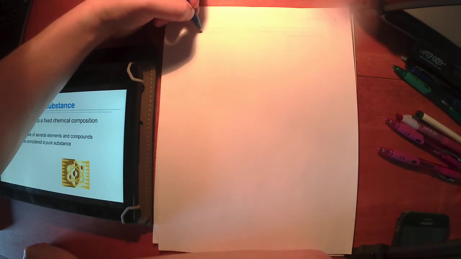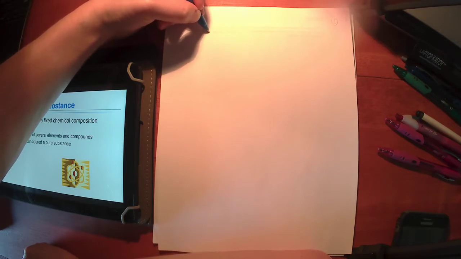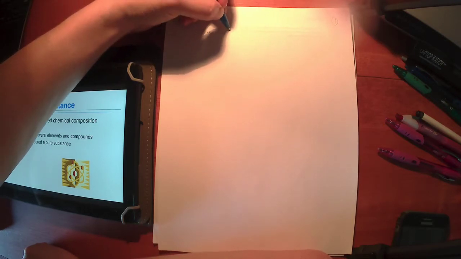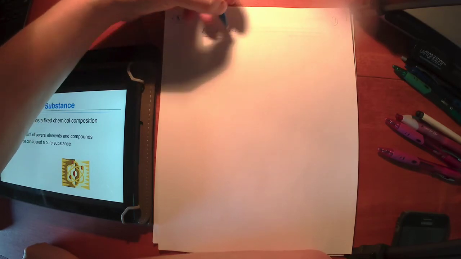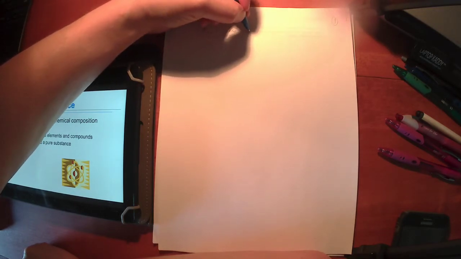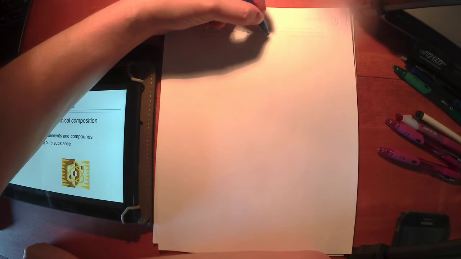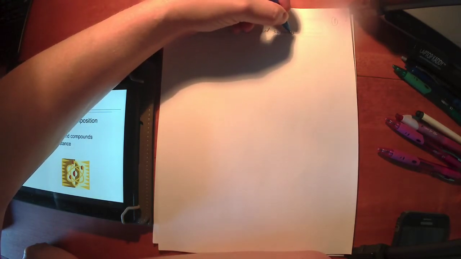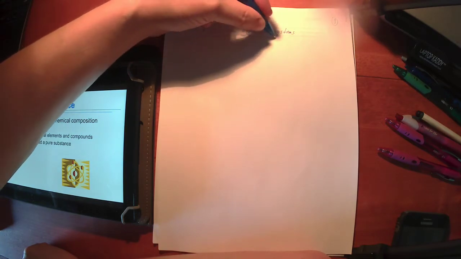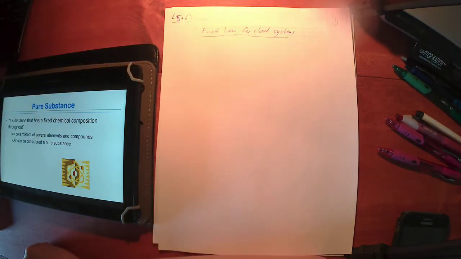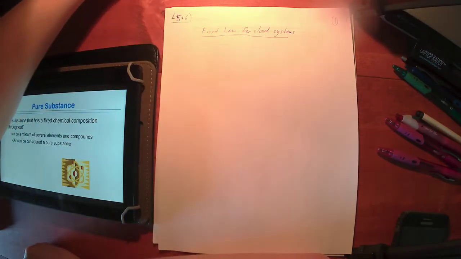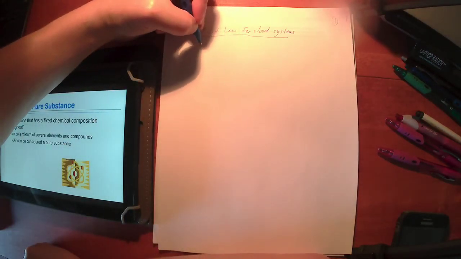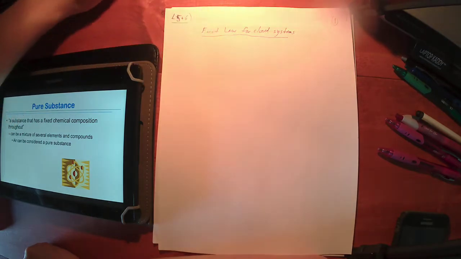Well, as I mentioned, we previously talked about the first law. So we introduced the first law, and if we look at the first law for closed systems. In the last couple of videos we talked about the first law. We introduced the concept of efficiency. We talked about that in chapter 2 of the Cengel and Boles text. First law for closed systems. And again, the first law,